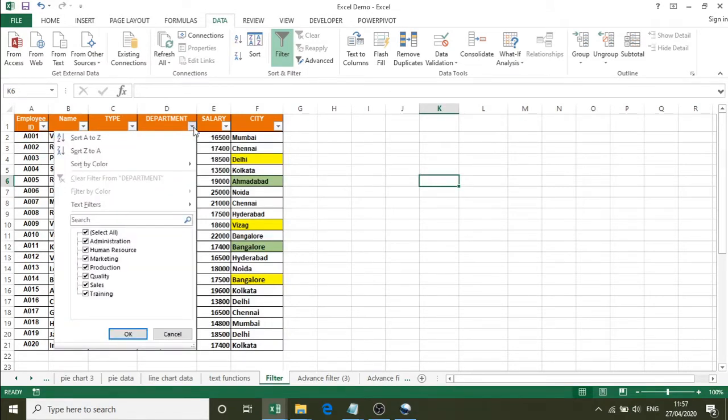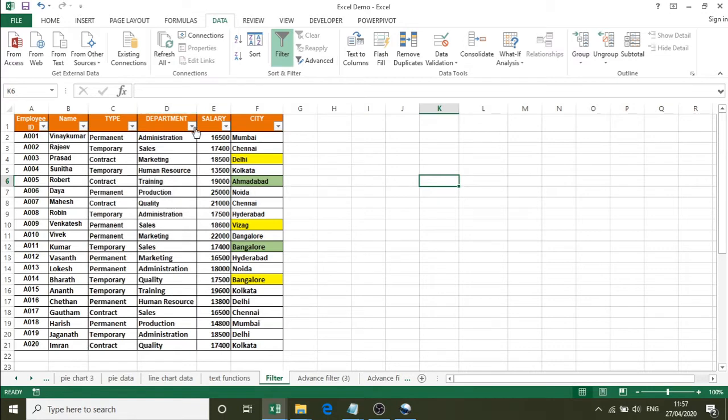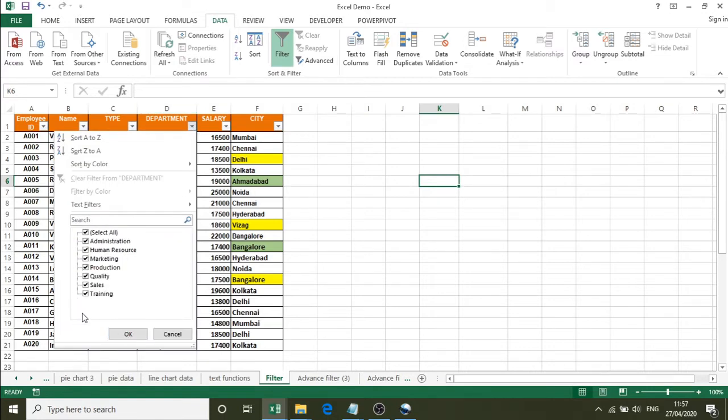Once the filter button is on, you can observe one more thing: there will be check boxes for text as well as for numbers. It is very helpful when there is slab type of data. That means when there is specific type of data, you can check or uncheck whichever records are required. You can set the criteria based on which you can show or hide the records.